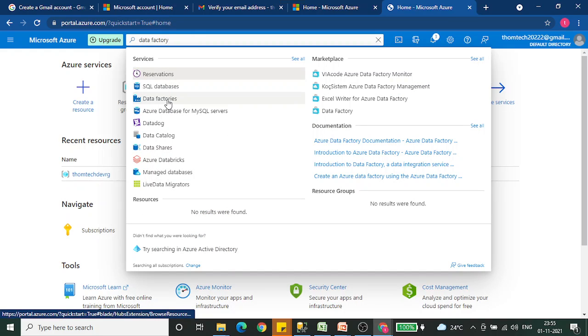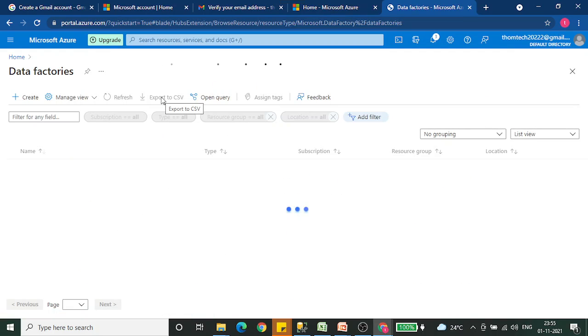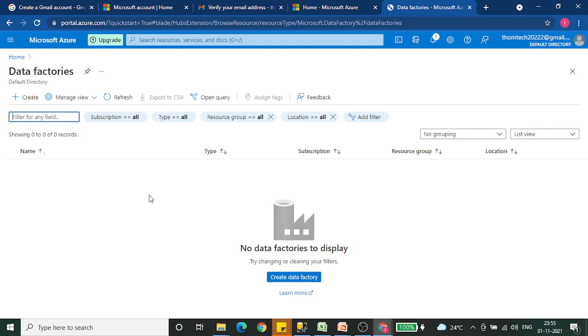Let's search for data factories. Click on data factories. There are no data factories available within this resource group or with this subscription currently. Okay, so let's click on create data factory. Once you click this,